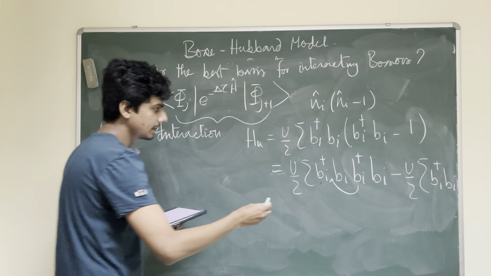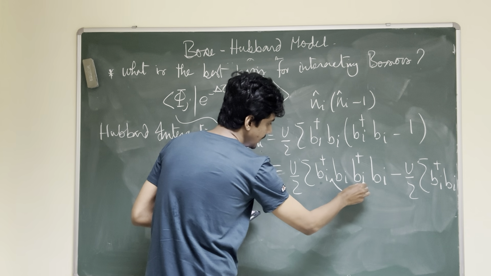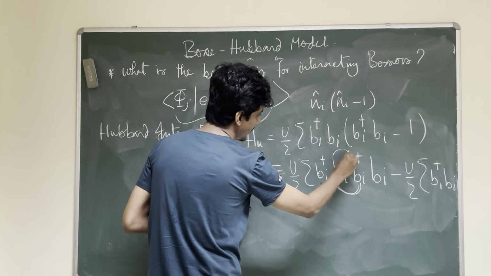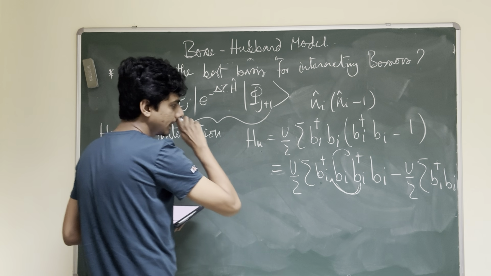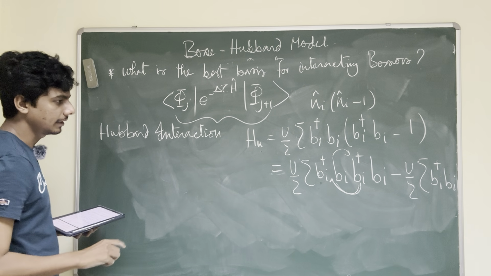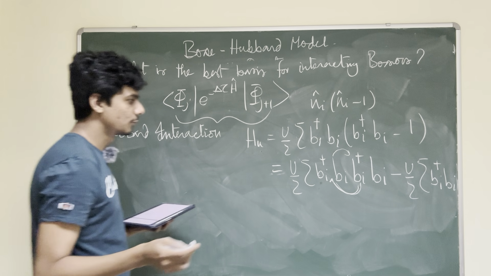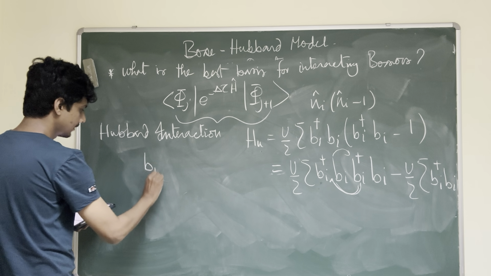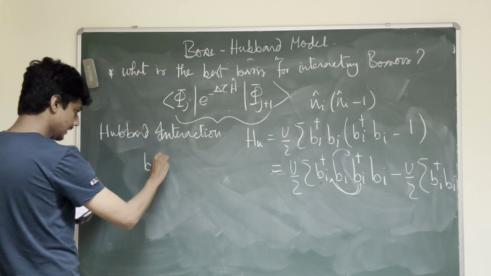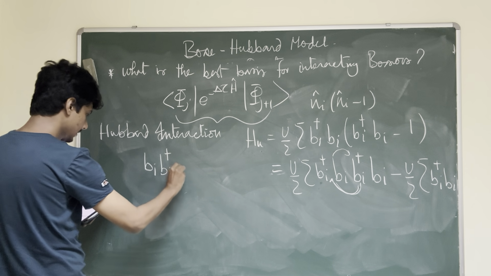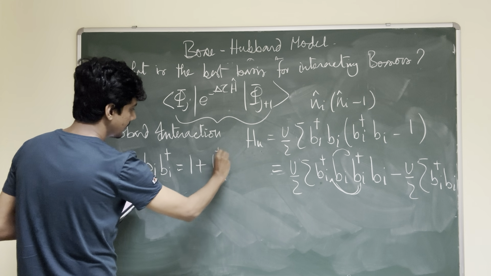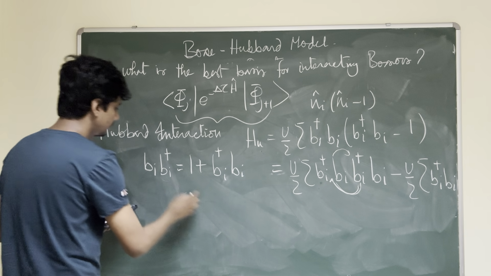So that's why we move this Bi dagger to here and this Bi there. We know that Bi dagger and Bi satisfy the commutation rule, so I easily know that Bi times Bi dagger is basically 1 plus Bi dagger Bi. So I just replace